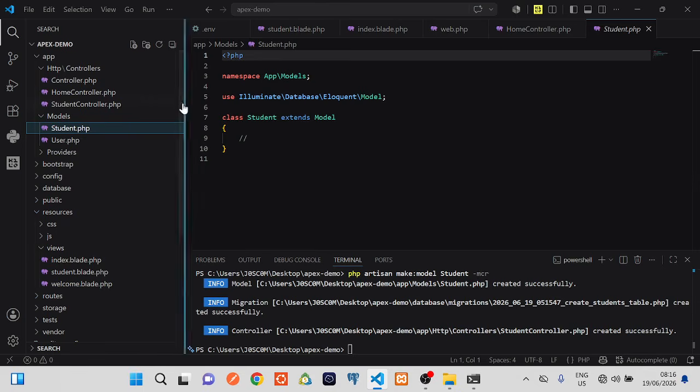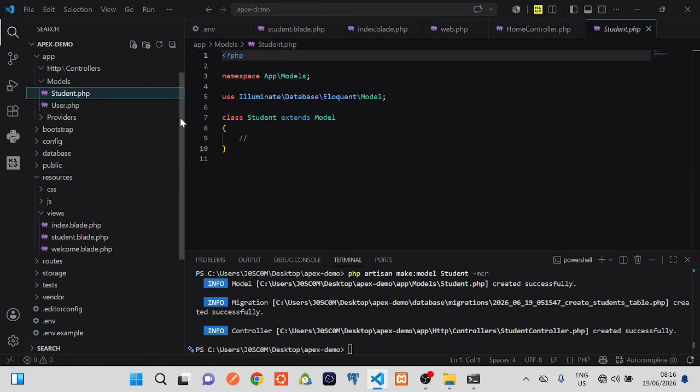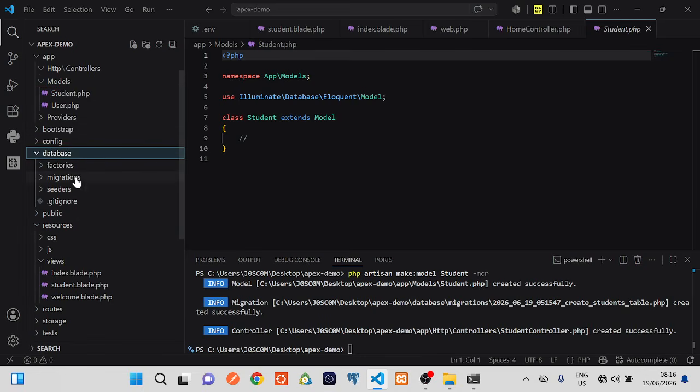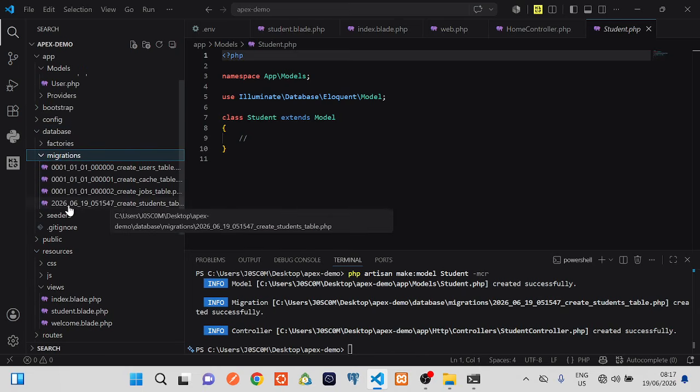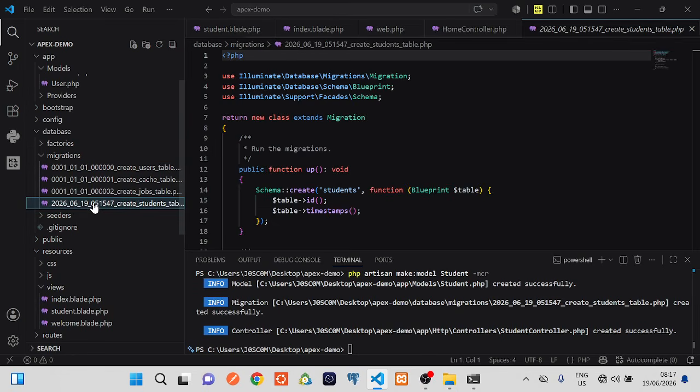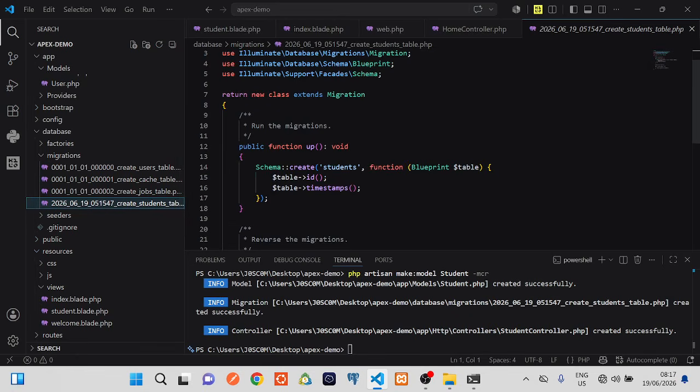Now the last thing that we wanted to create was a migration. And where do we find it? There is a folder called database, and under database there is another subfolder called migration. Inside the migration, if you can see the last migration here, leave alone these first three, they come along with the application as we are creating it, but the last one is called what? This one now, it is called the migration, and in our Laravel aspect it is simply representing the table in